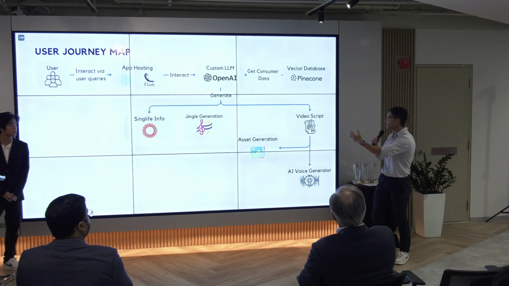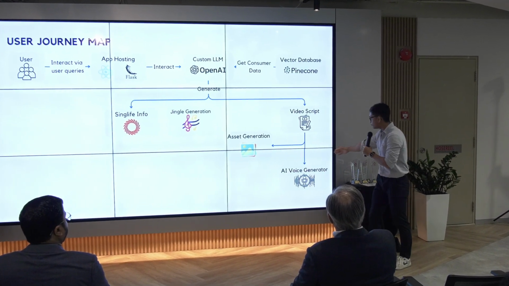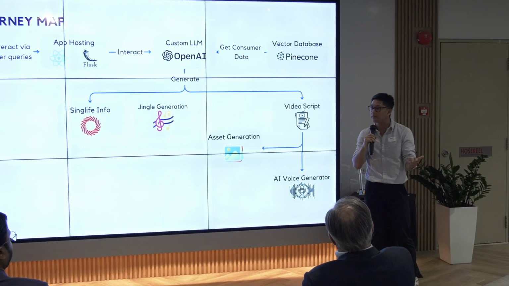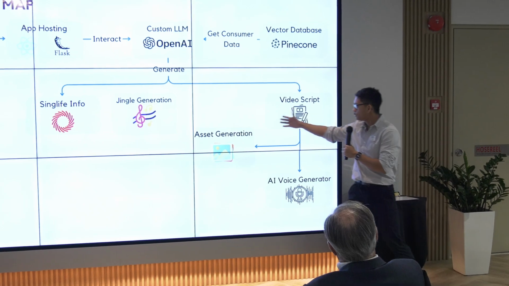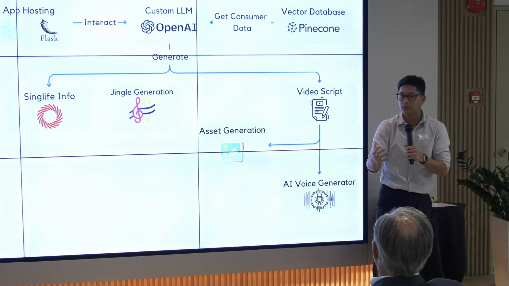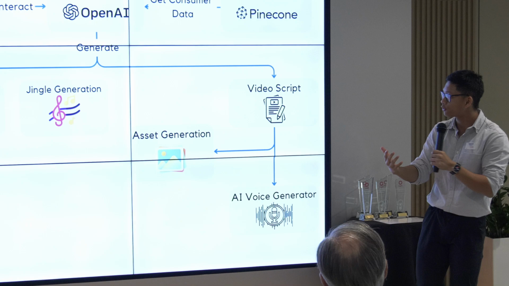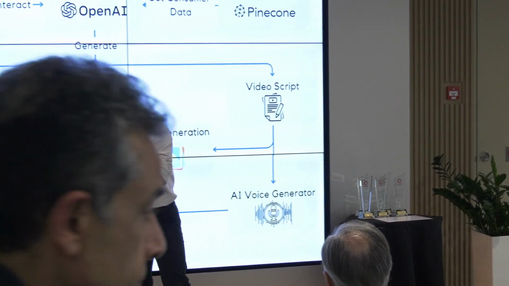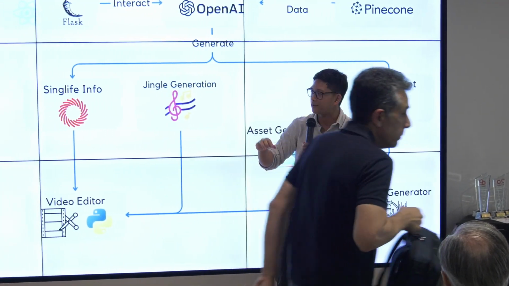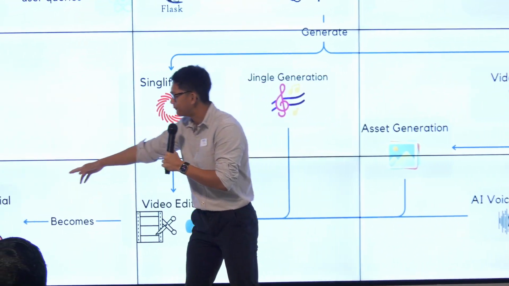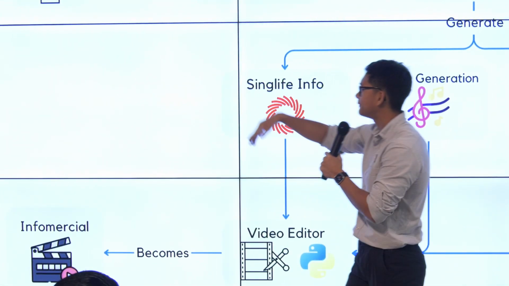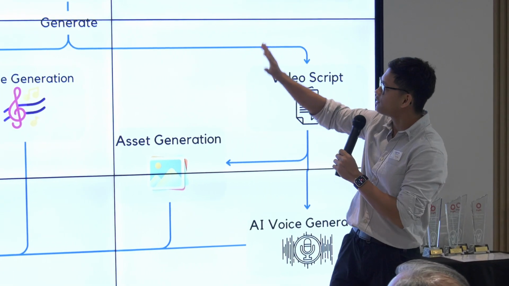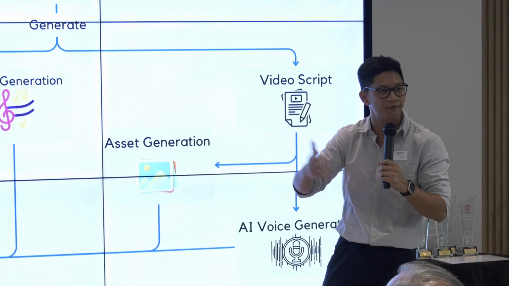So with that video script, we can then generate an AI narration. Because content is dynamic, and you want to have that narration to keep them engaged, so we use an AI for that. And so we do asset generation, like images, videos, those interesting visuals to keep them hooked on the video. And then we combine everything, or programmatically, we generate the video. So we basically splice them up, we add the subtitles, everything. And so with that video, it becomes an infomercial, which then feeds back into the user. Next. And then, of course, the Singlife info is for further reading. So that's just a general, more technical roadmap if you are interested.